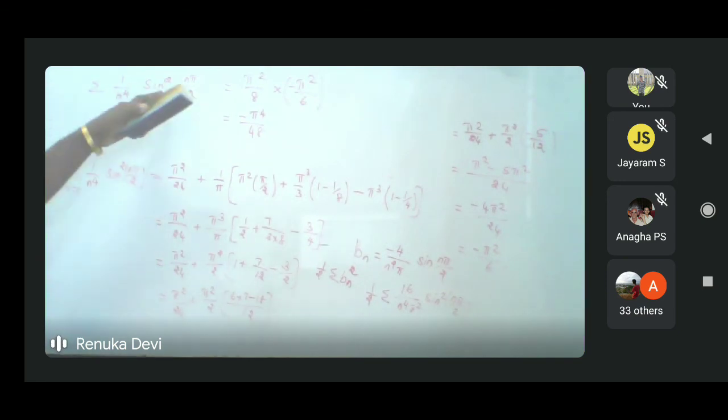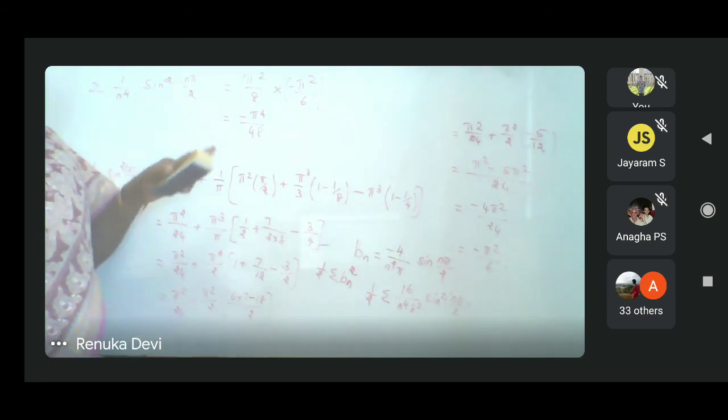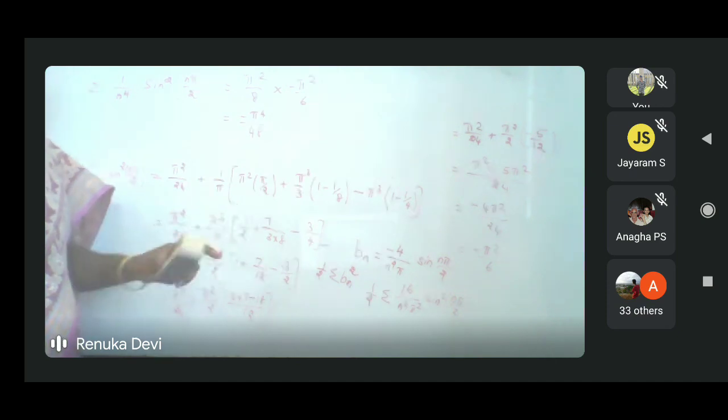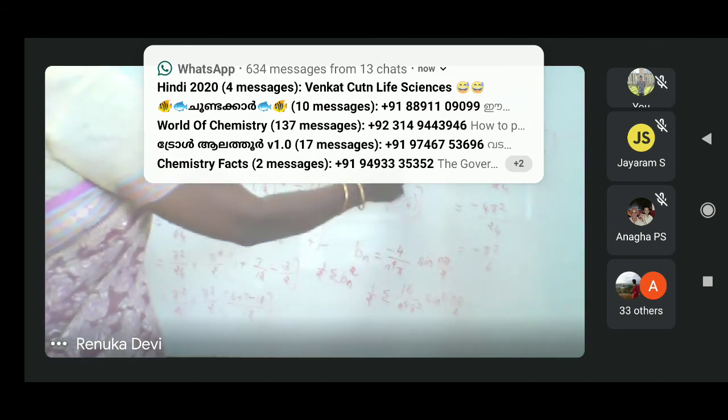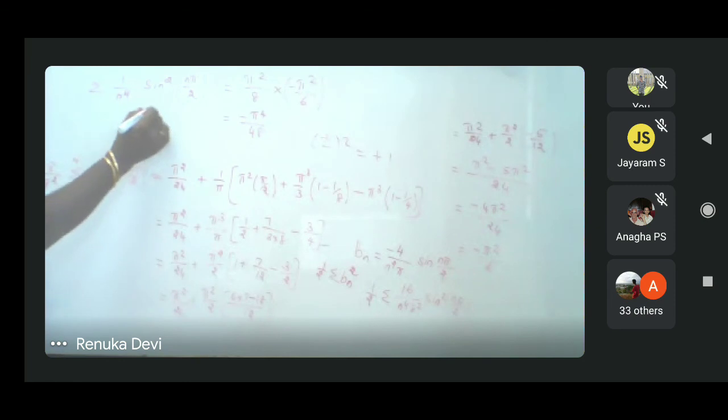And one more thing is when n is odd, sine n pi by 2 is alternatively 1 and minus 1, but it is squared, therefore plus or minus 1 square will be plus 1. Therefore this will be sigma 1 by n power 4, n is odd, that is equal to 1 power 4, 3 power 4, 5 power 4, etc. That is our required answer.